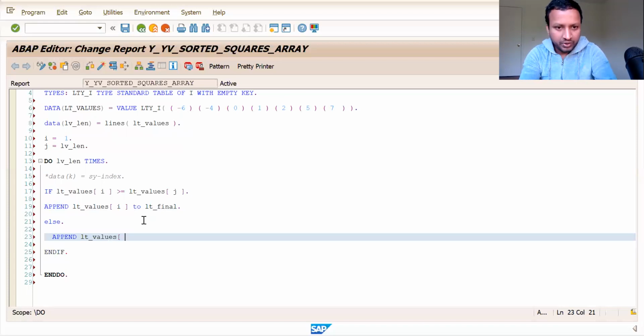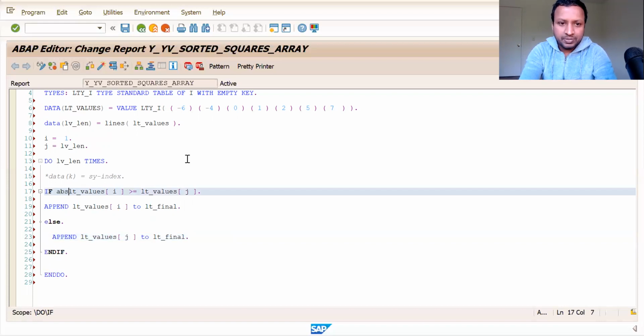So what we would do here is, if it is greater than, we would append I. If it is less than, we will append j to lt underscore final. What we need to compare here is the absolute value, because these are negative integers, not positive integers. That's why we always need to compare absolute values.